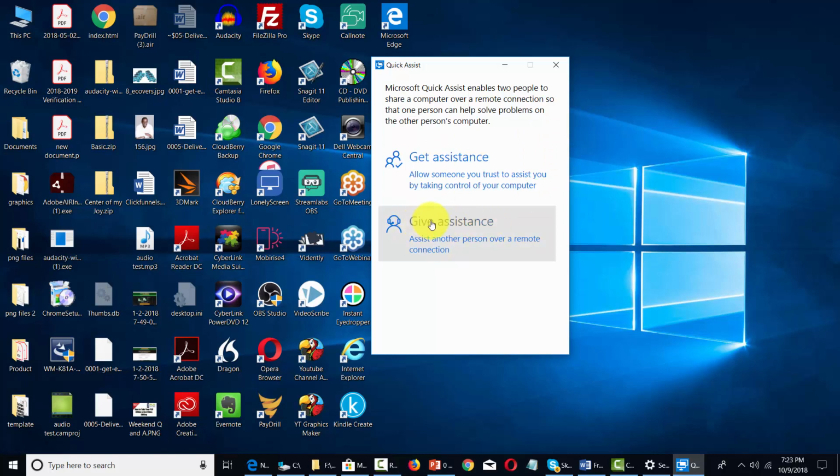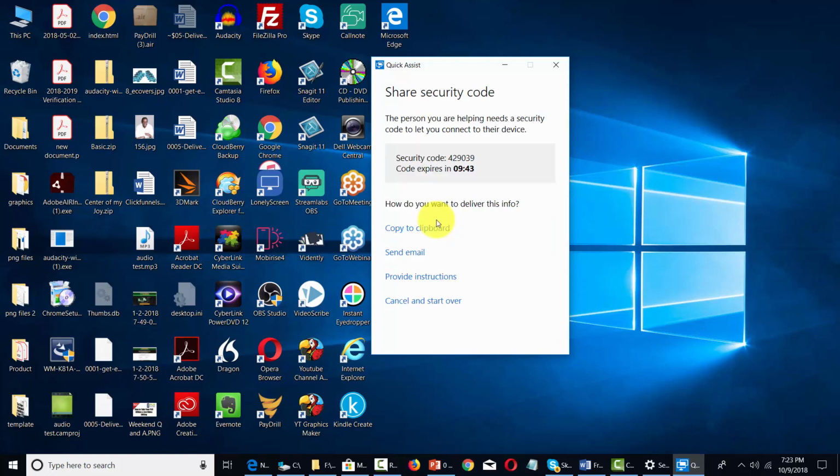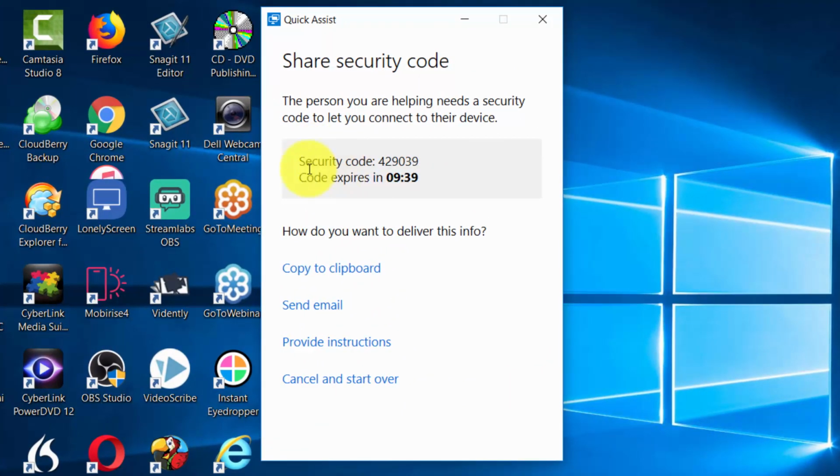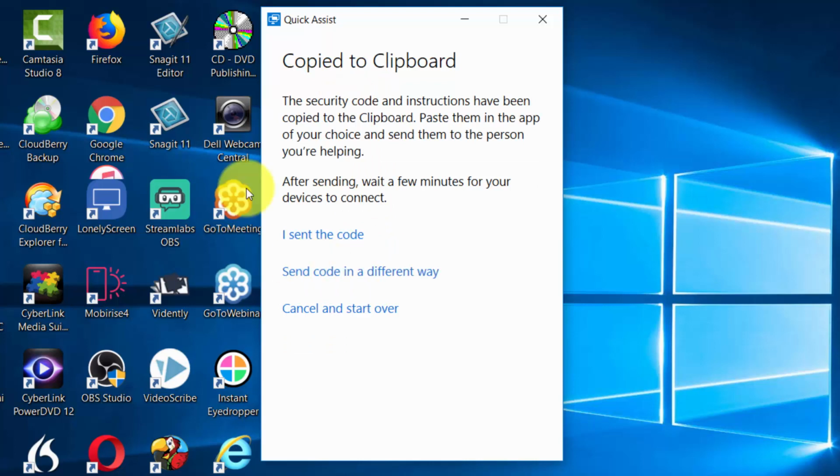So for example, let's assume that you're going to give assistance. We're going to click this area. And now the other person that you'll be working with is going to need to have your security code. They're obviously also going to need to have Windows 10. And so what we're going to do is copy the security code to our clipboard, and then we can send it to the individual so that we can then take control of their PC through this remote